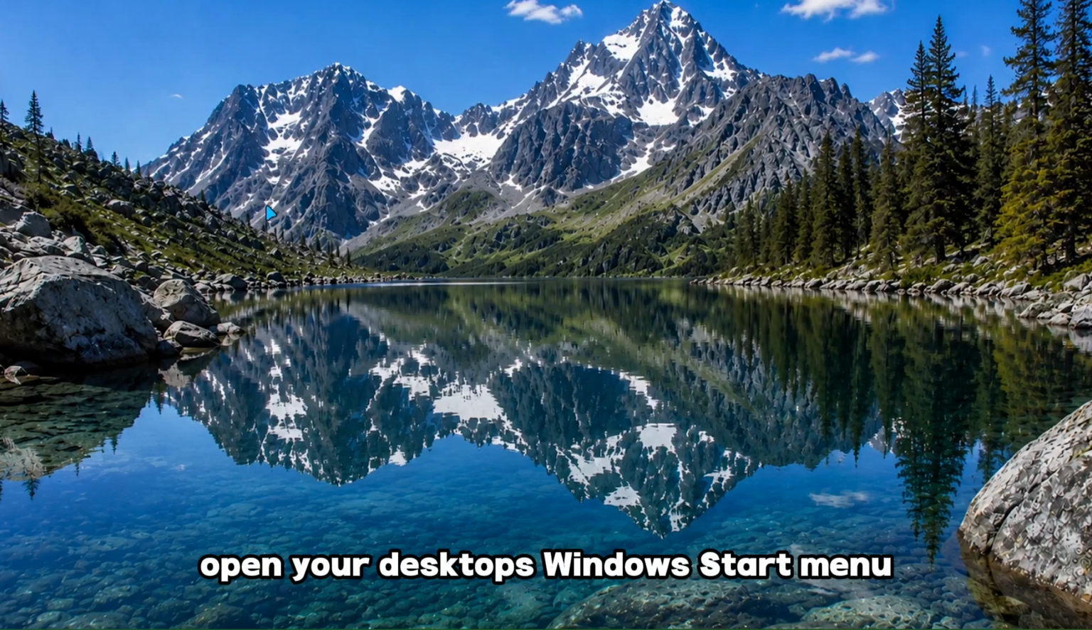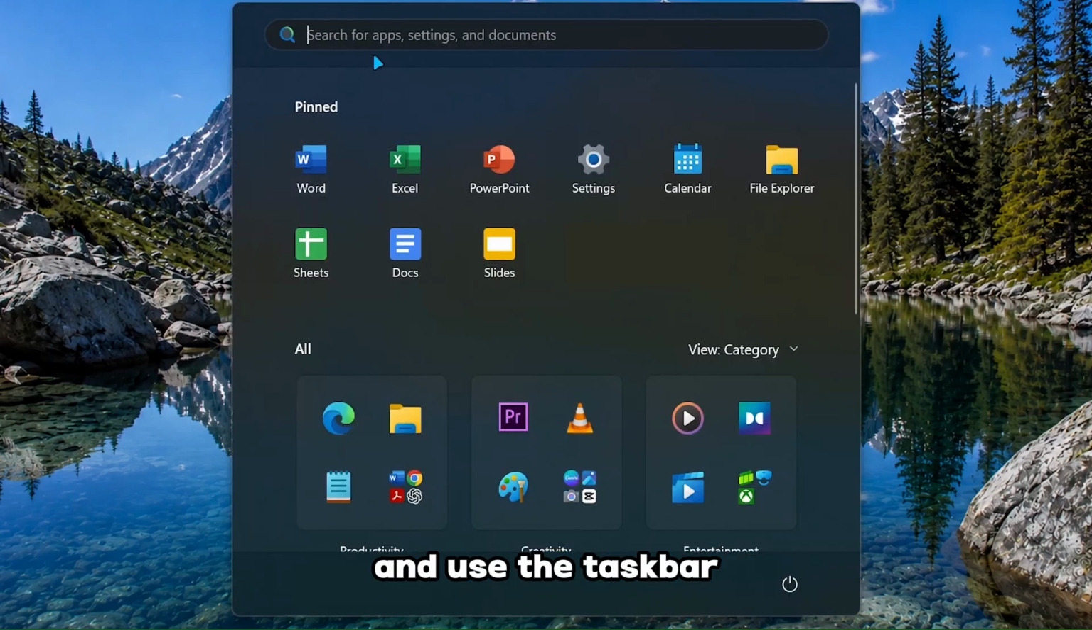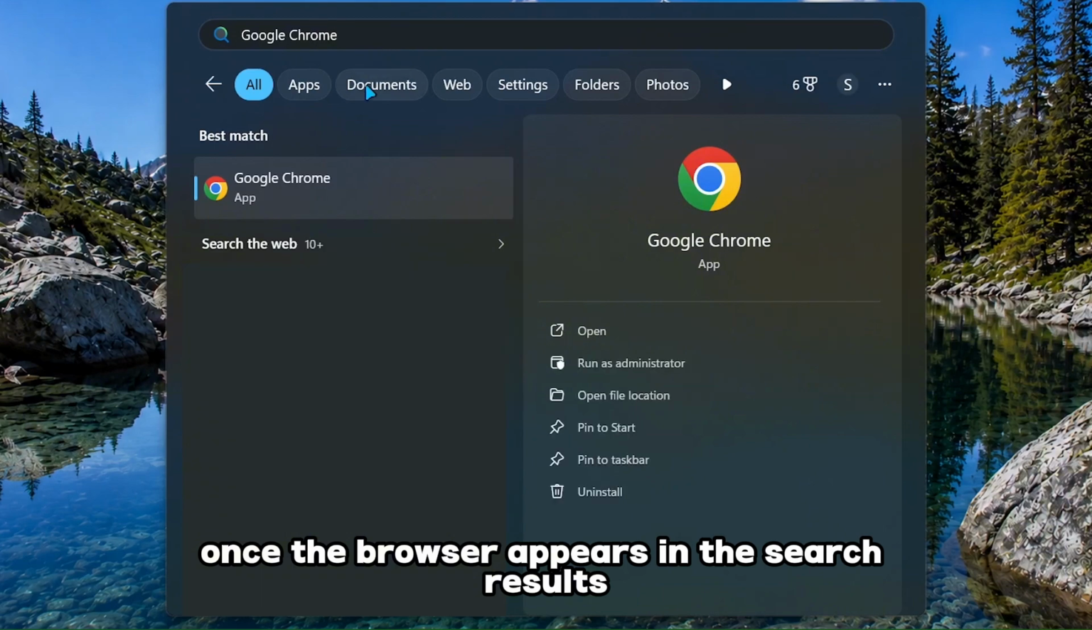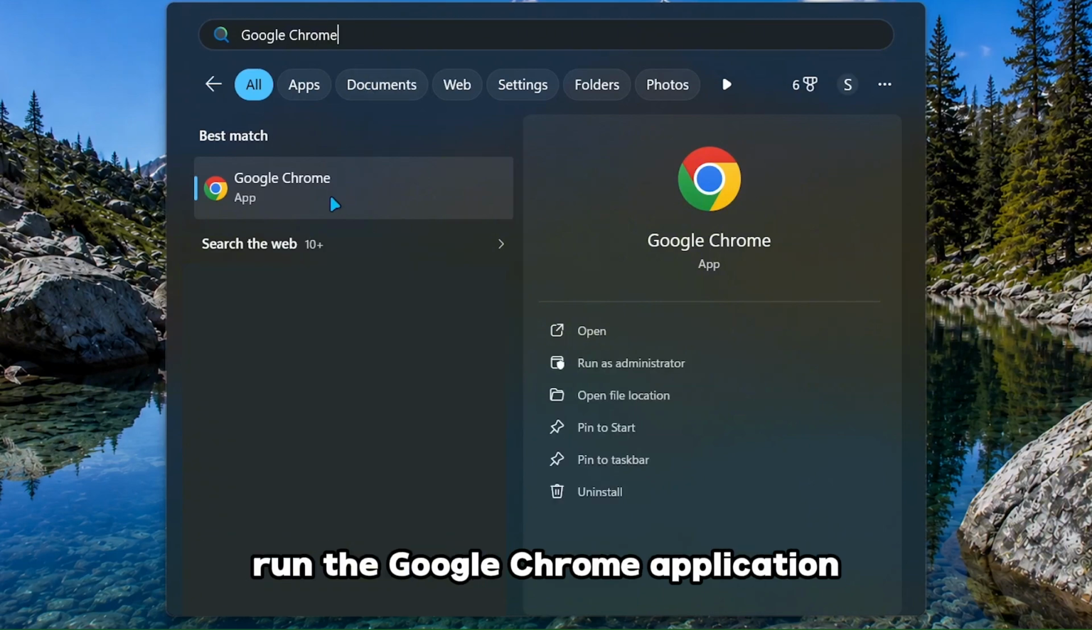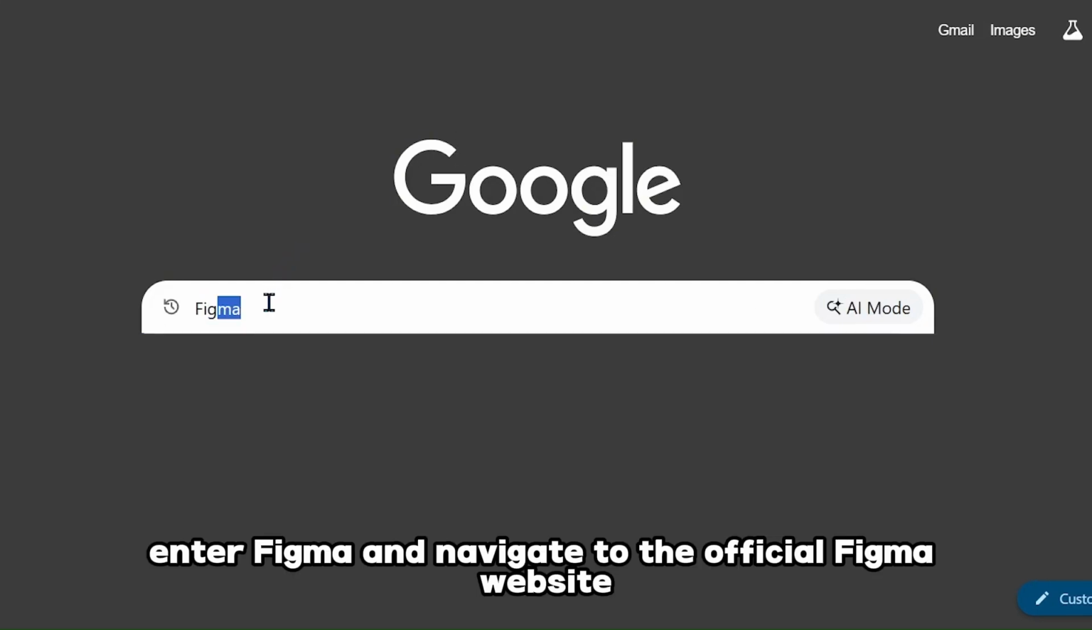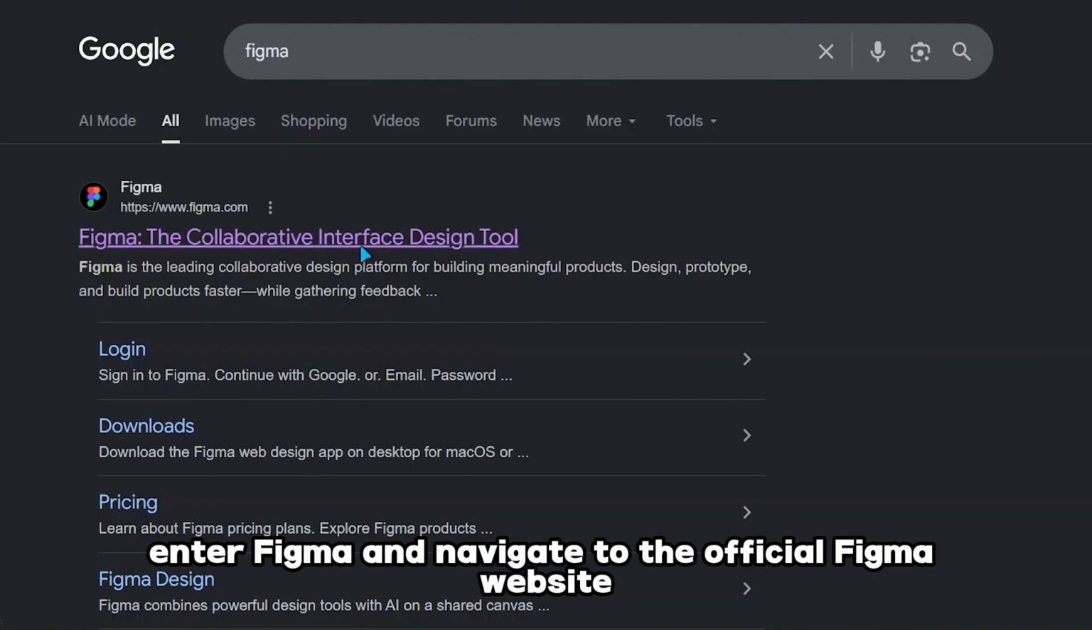First, open your desktop's Windows Start menu and use the taskbar search function to locate Google Chrome. Once the browser appears in the search results, run the Google Chrome application. After the browser opens, click the search or address bar, enter Figma, and navigate to the official Figma website from